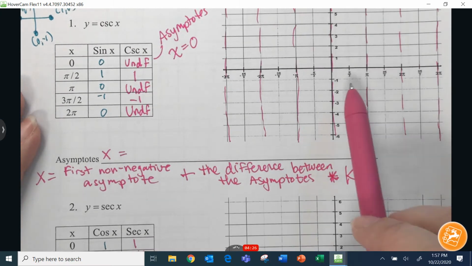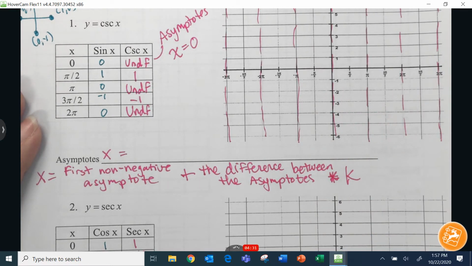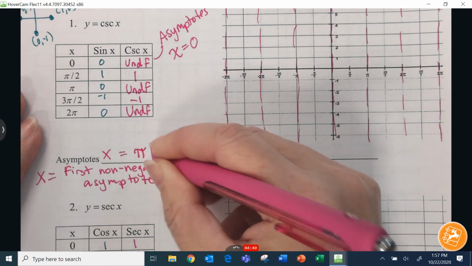So the distance between these asymptotes is how far? Pi. So the variable we're going to choose is k, so we're going to write 0 plus pi k